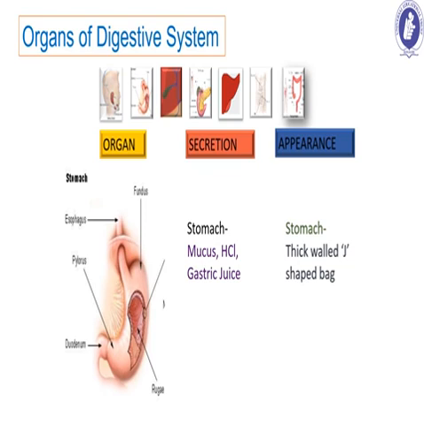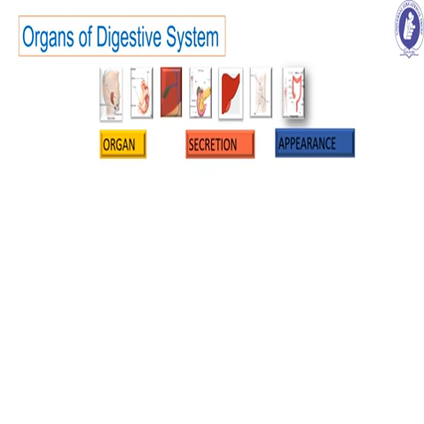Hydrochloric acid: suppose we are eating food and in that food there are microorganisms like bacteria. Hydrochloric acid kills that bacteria. This gastric juice helps in the breaking down of proteins into amino acids. This is how digestion happens in the stomach. Proteins are complex molecules. They are broken down into simpler substances called amino acids with the help of gastric juice present in the stomach.